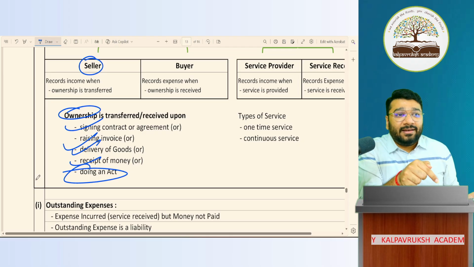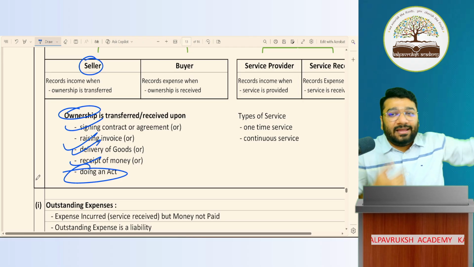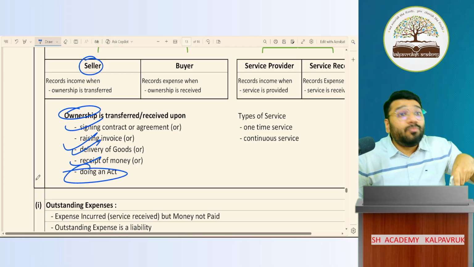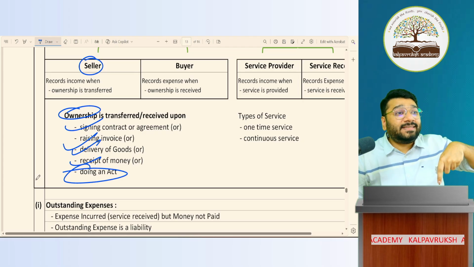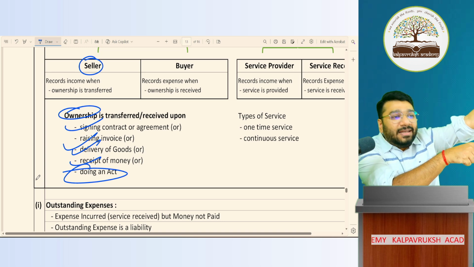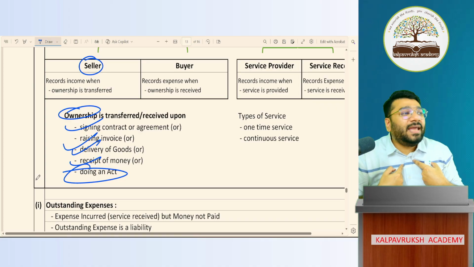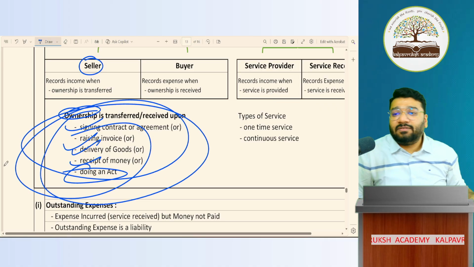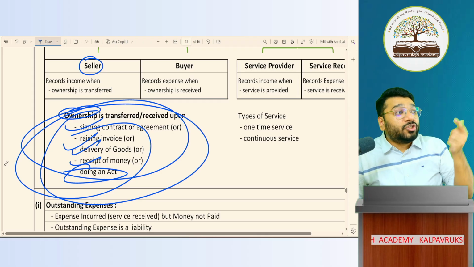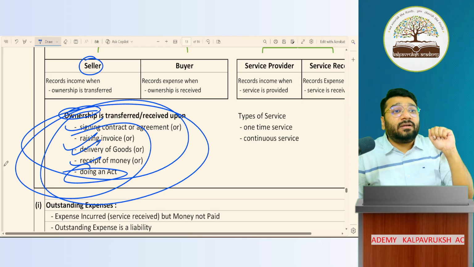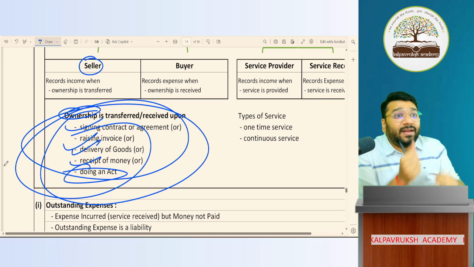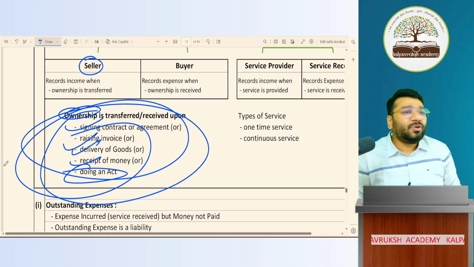That is the moment when the seller will record the sale entry and the buyer will record the purchase entry. This is the moment when I say the seller has earned income and the buyer has incurred expenditure. So these are the timings when I say my income is earned. For the accrual concept, what is important? When should I record income? When it is earned. For earning income, is receiving money important? No. Got it, not got it?